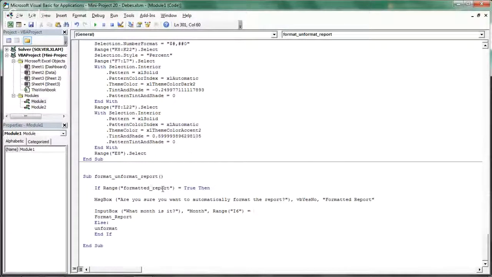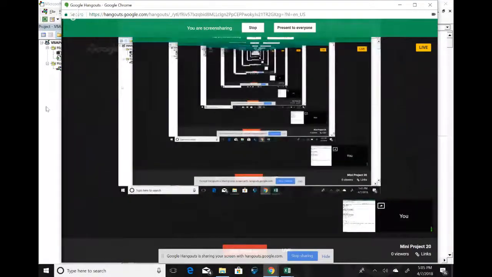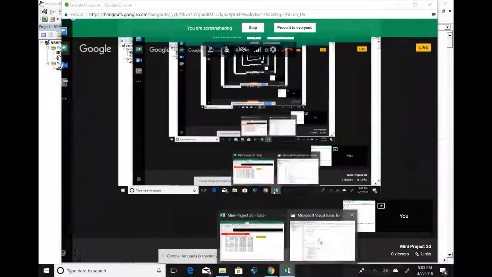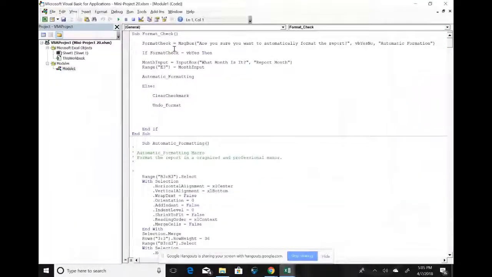Formatted report, right? The true. So equals formatted report isn't the name of my macro though. That's just the name or what is the input? You should have a separate input box. So I have here, for the format check, the message box that comes up: are you sure you want to automatically format the report? So mine is called format check. If the format check equals yes, then this input box comes up. So month input equals input box